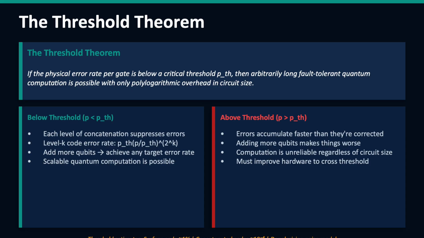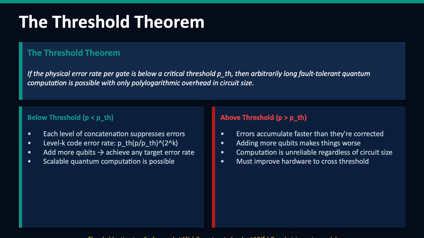The threshold theorem is the foundational theoretical result that underpins the entire enterprise of fault tolerant quantum computing. It answers a critical question: is there any error rate low enough that a quantum computer can actually compute reliably? Or does adding more qubits always make things worse by adding more sources of error? The answer the threshold theorem provides is profoundly encouraging. Yes, there is a specific error rate below which reliable computation becomes possible, and above which it does not.